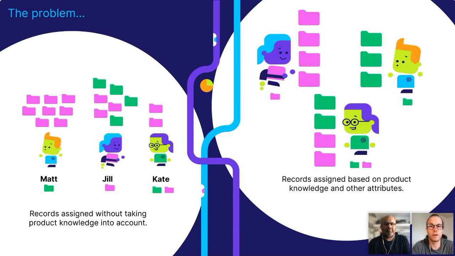on the incoming record and then use this to route to the best rep? For example, if you have reps that are experts in different products, speak different languages, look after a specific industry or lead source, wouldn't it be great if you could easily send the lead to the right rep with the matching attributes that this lead requires? As we see on the right, Matt only receives green leads, as those are the type of leads Matt is qualified to look after. And could we do this